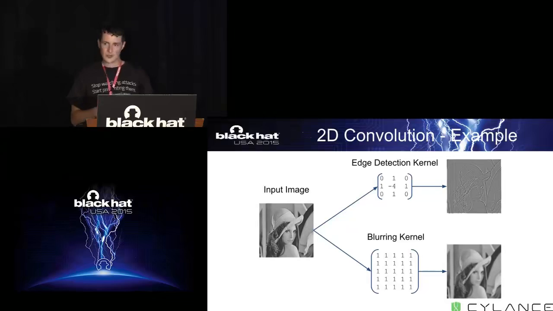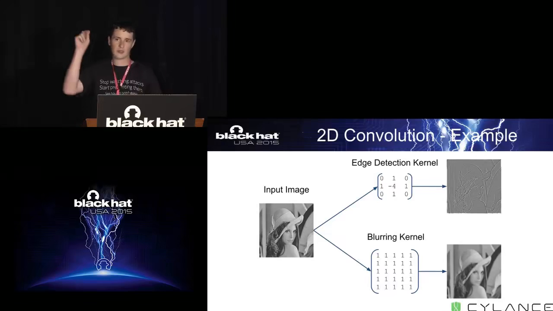So what are these convolutions doing exactly? Well, it's a really general operation. You can use them for edge detection. In this case, we have a convolution kernel that's going to look at a top pixel, a bottom pixel, a left pixel, and a right pixel. That's going to be a weight of 1 each, 1 plus 1 plus 1 plus 1. Then you're going to subtract out the center pixel with the weight of -4.